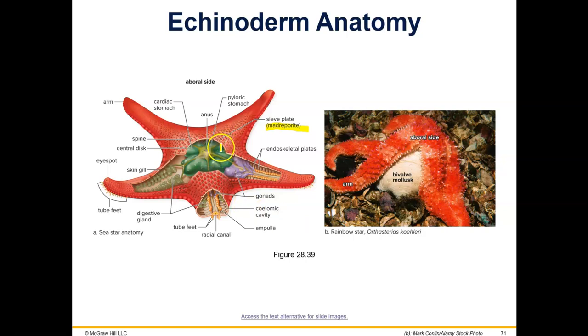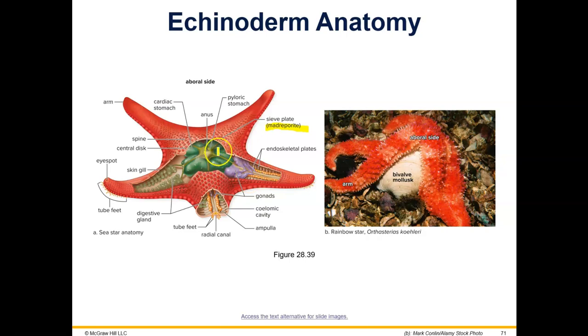I'll make sure I know by lab time, but water goes into the madreporite, and then it enters a little canal right in this area. And then it fills up a ring canal. So there's a ring of vessels, in the shape of a ring. I'm sorry, I know what it's called. It's called the stone canal. So water goes into the madreporite, the stone canal, the ring canal, and then there are radial canals